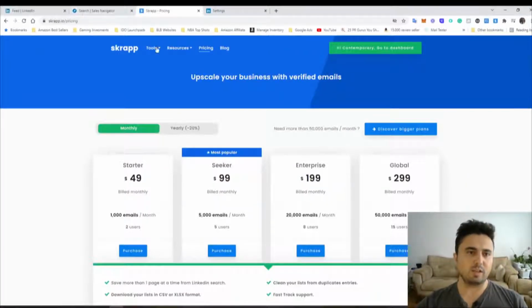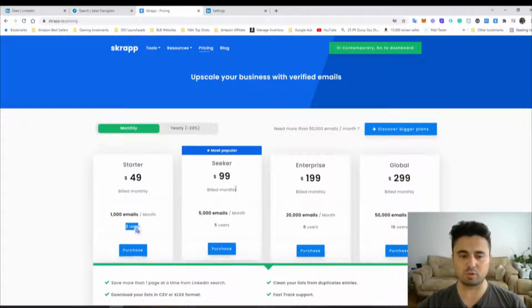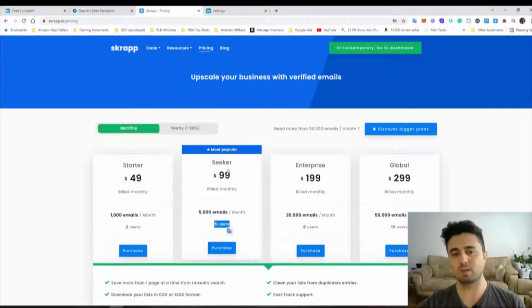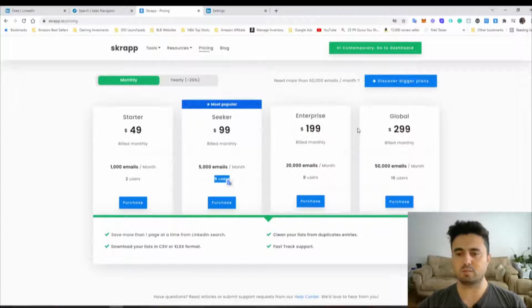As you can see, let's check out scrap.io pricing. So if you are a starter, you can buy this package. You can get 1,000 emails per month and 2 users. And if you're looking for 5,000 emails per month and 5 users, you can buy this one. I don't recommend these two ones because you can buy, but